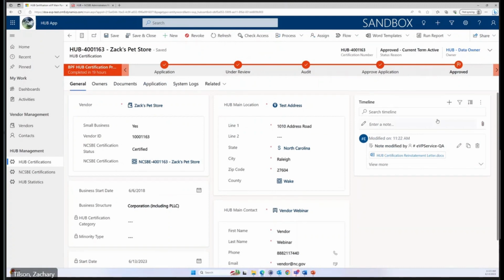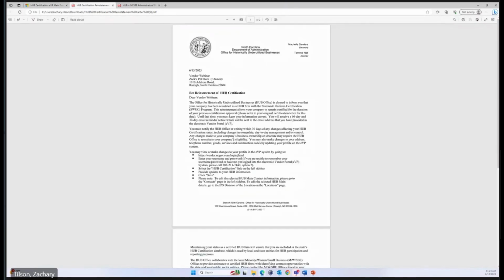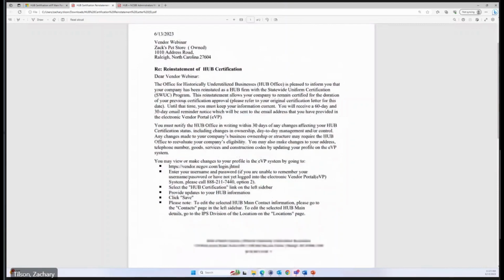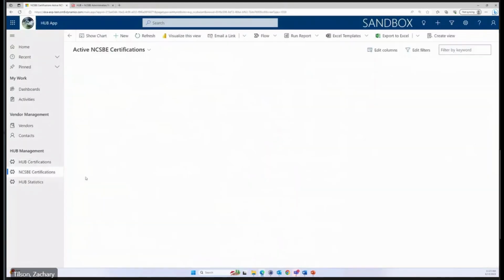And you'll notice we call it mid flow. But then we can click on our letter that the system generates, pull it up, take a look at it. It should update with our vendor's information. And next we can go through an NCSPE